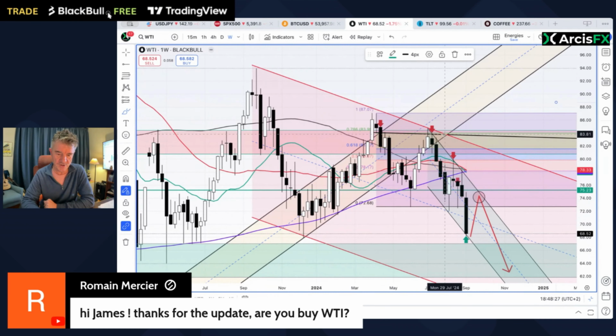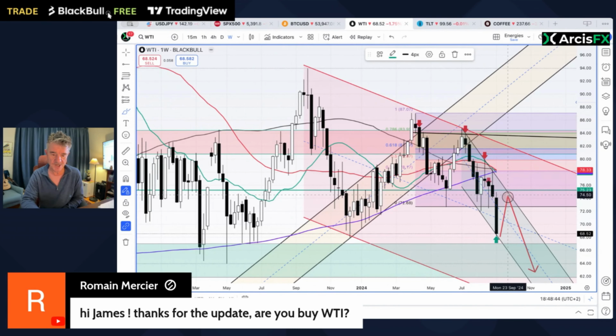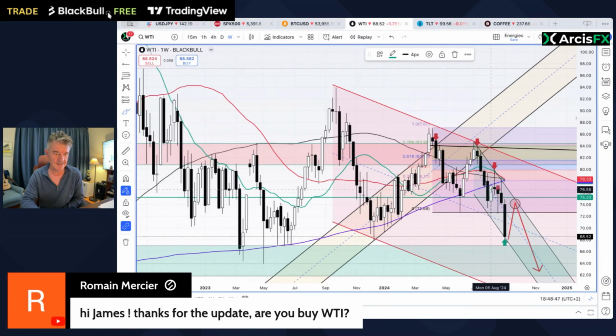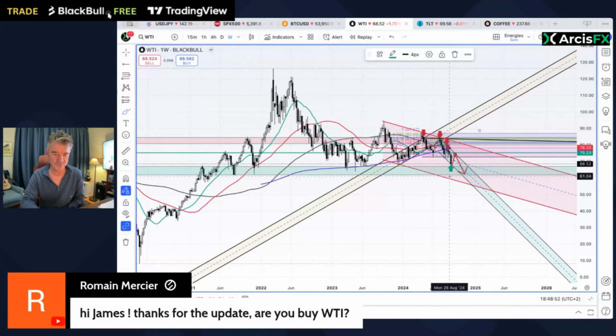Keep that in mind. So if we do bounce on here, these are the levels that I'm looking for, this downward sloping channel, perhaps these lows here at about 70. Well, here on WTI, it's about 73 to 75 in that region there where this downward sloping trend line is, and the channel and the Fibonacci retracement number and these previous undercut lows. Once we get going, my target is the bottom of this red channel and a continuation of the green channel. That'll take us initially down to about 55,000 on Brent crude, somewhere down these swing lows down here at this area here, the bottom of this green block,